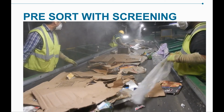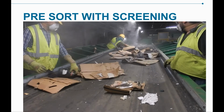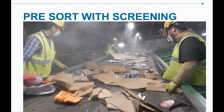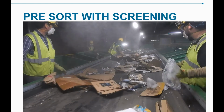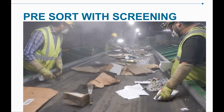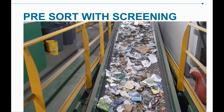It is a much more efficient sort and a much safer sort as well, with 3 people doing the work of 6 to 10 because the target material is both exposed and concentrated. You can see the sorters working effectively on a fraction of the material. Now, because 60% of the material is removed prior to the sort station, sorters still have better visibility and accessibility